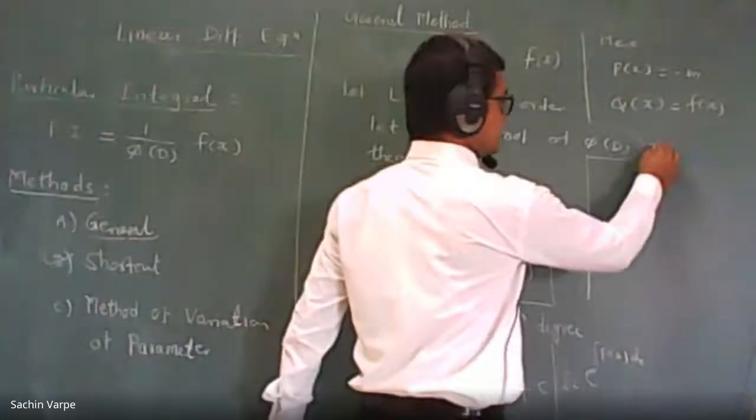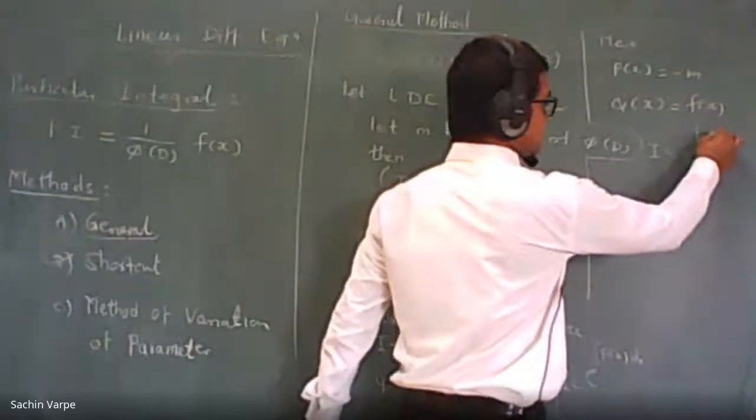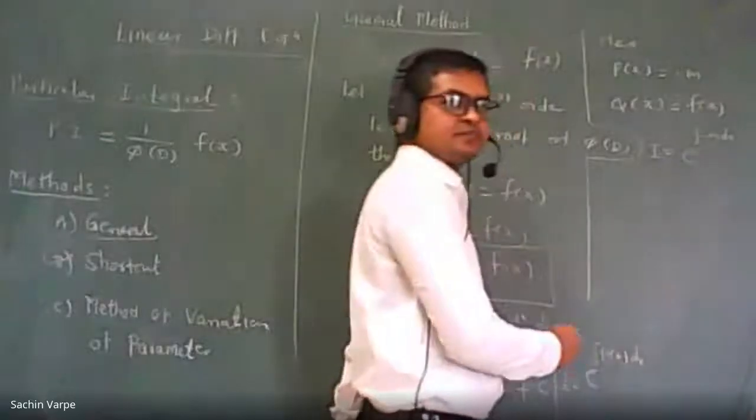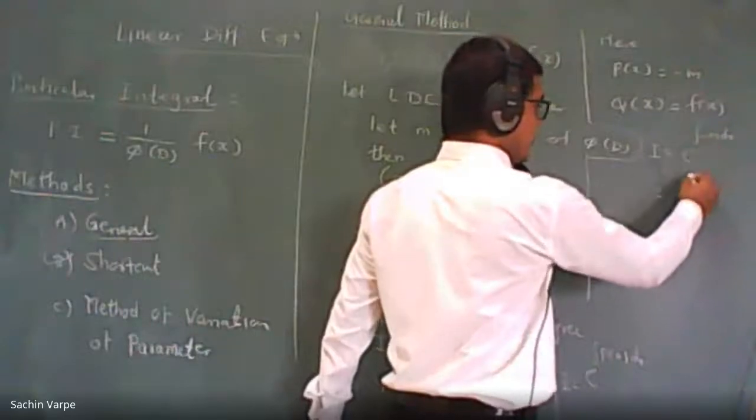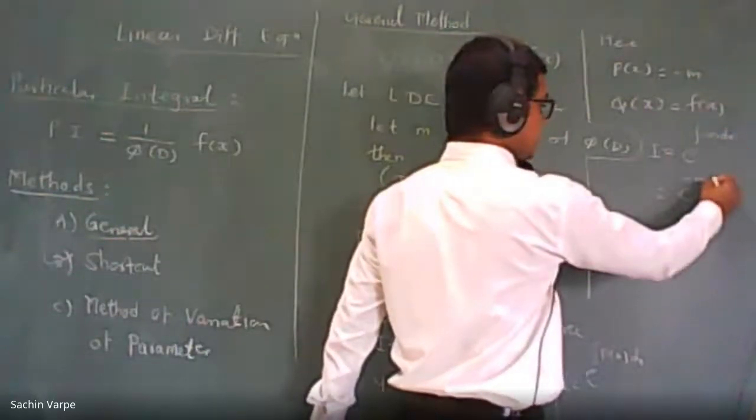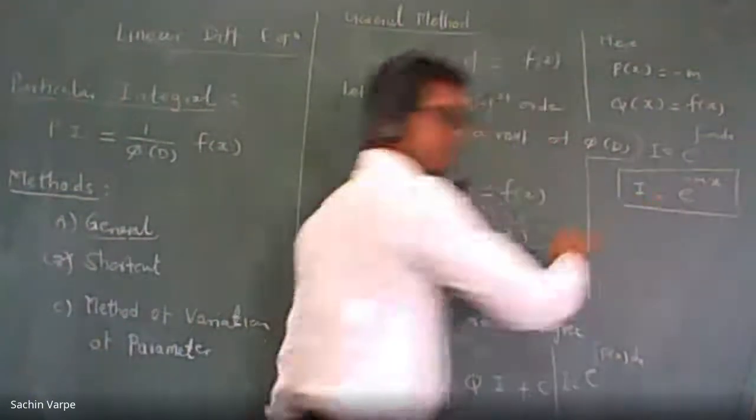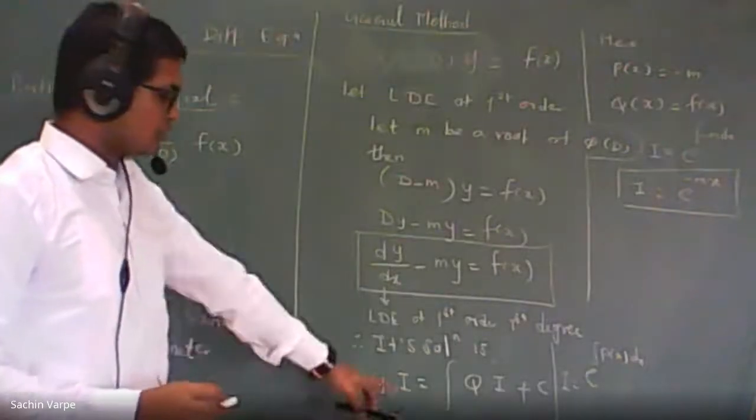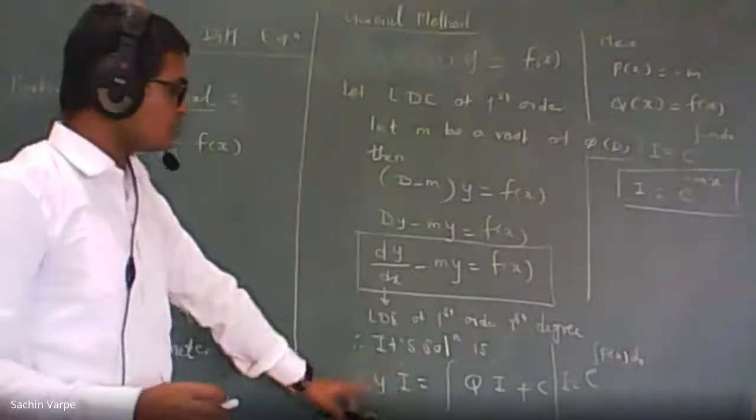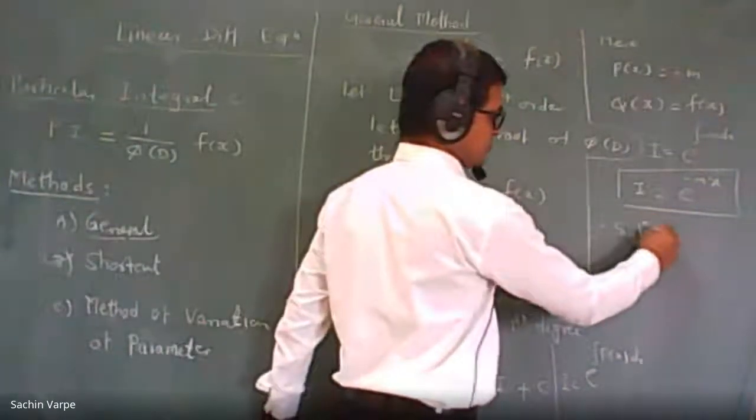Therefore, I is equal to e to the power integration of minus m dx. Which is equal to e raised to minus m, with m outside, integration of dx will be x. So that is the value of the integrating factor. Is it okay? Integrating factor is e to the power minus mx. So let us substitute into the solution. Therefore, the solution is